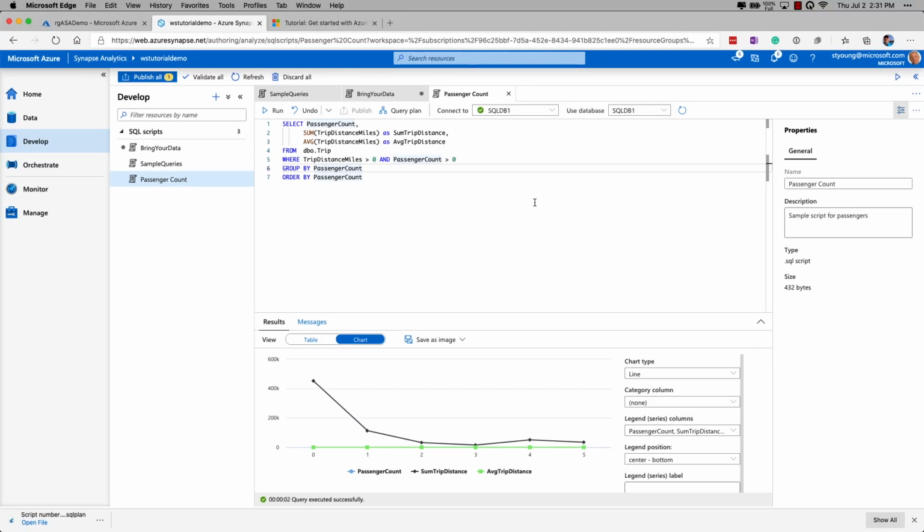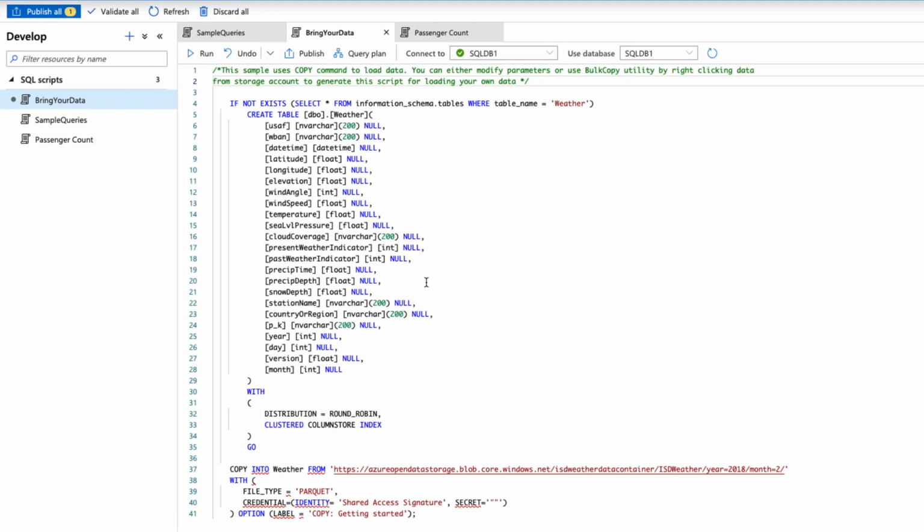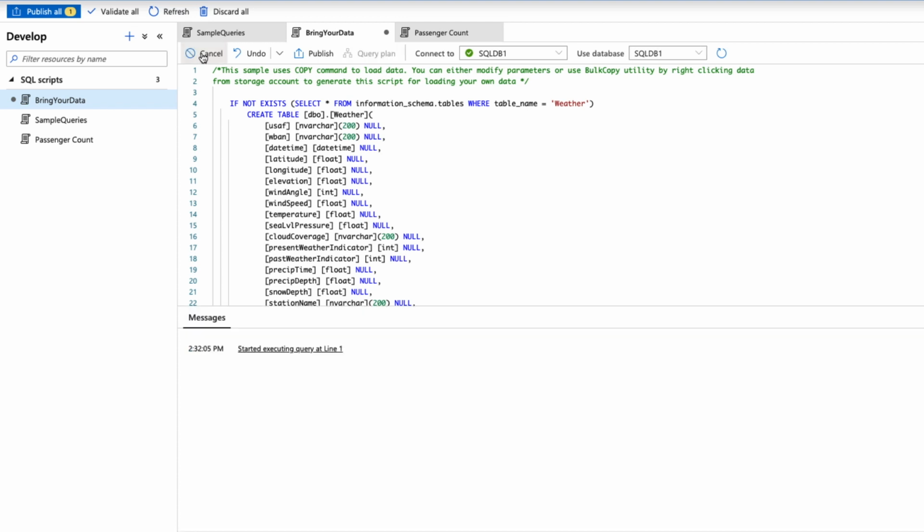So let's take a look at loading data into the SQL pool from a data lake. This being a quick demo, I already have the script here. So you're going to use the copy command to copy weather data from a blob store. It's in a Parquet file, has an open shared access signature, and it's going to create the table weather and load that data in. So if I click run,